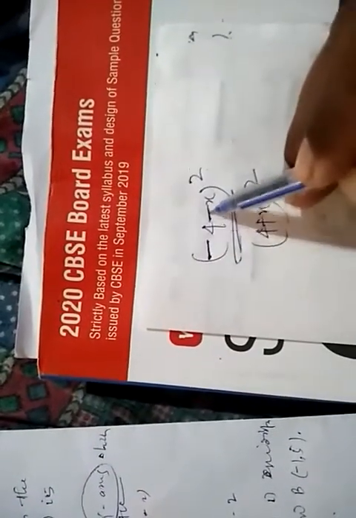Students, I told you one question. When you find both are negative, minus 4 minus x whole square, you will write in the next step 4 plus x whole square. Try to understand. Remember this one. This is negative, this is negative. If you take minus common, both will be plus. Then you write here square. This minus square will be plus. So it becomes 4 plus x whole square.